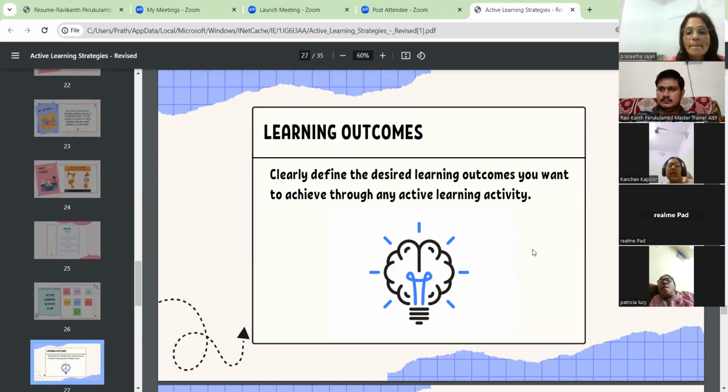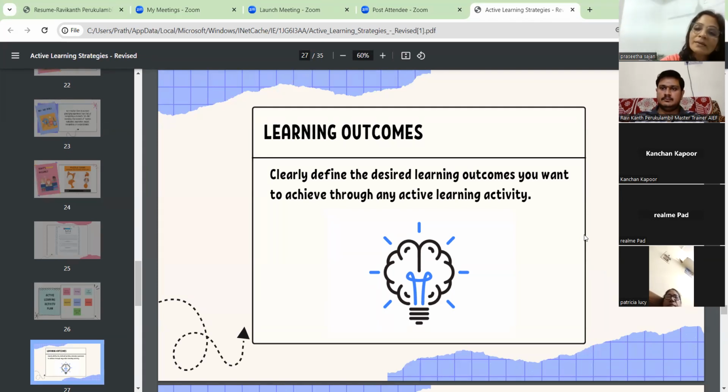Clearly define the desired learning outcomes you want to achieve through the active learning activity. That means every time, whenever you are teaching, you will have the learning outcomes in your mind, right? The learning outcome has to be clearly defined so that you plan the activity accordingly to achieve that learning outcome. Like, for example, if I wanted everybody to learn the reactivity series and the order of the metals according to their reactivity,